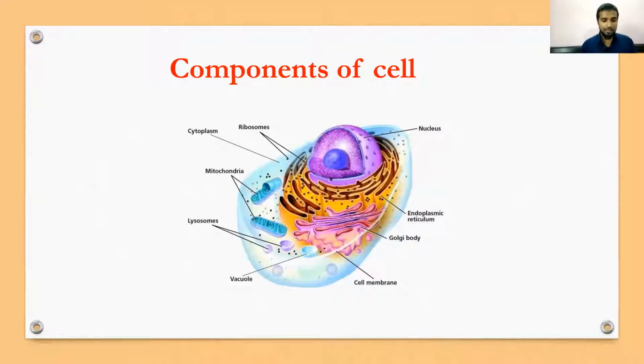You can see this is the basic structure of an animal cell. Here is the nucleus, and the pores you can see are the nuclear pores, and this is the nucleolus. We'll study in brief the structure of the nucleus and its function. This is the endoplasmic reticulum, and you can see certain dots on it. This is rough endoplasmic reticulum, while this one is smooth endoplasmic reticulum. You can see the mitochondria, cytoplasm, ribosomes separately, lysosomes, vacuoles, and the cell membrane. So we'll begin by studying the structure of the cell membrane.